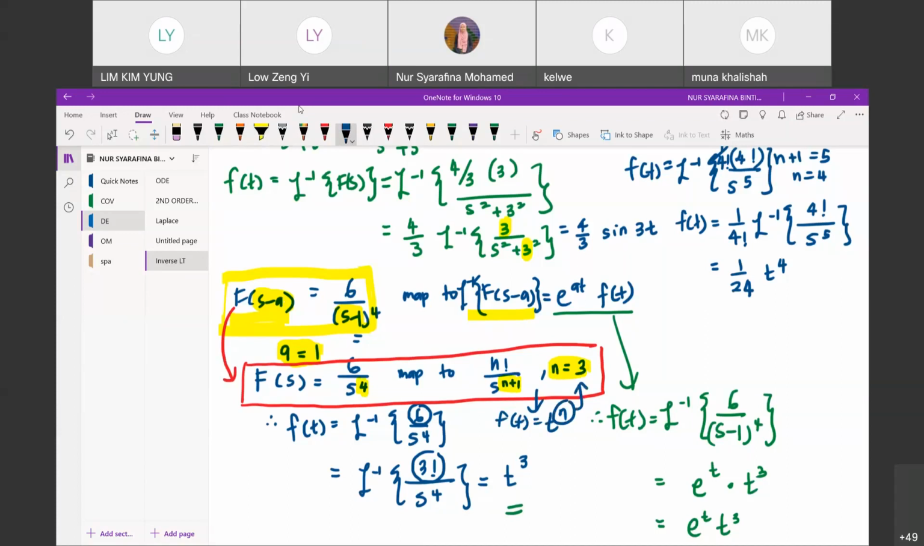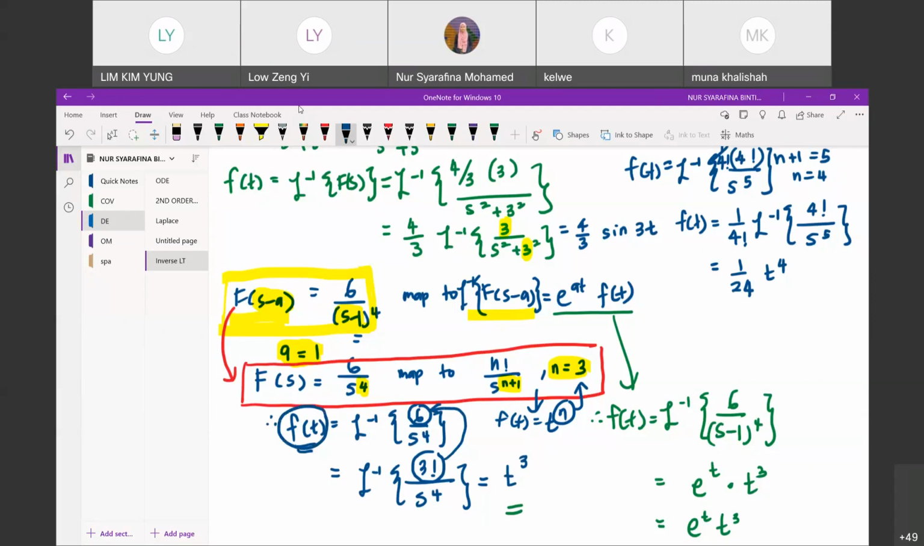So in order to get Ft, we inverse 6 over s to the power of 4, where you know that when n equals 3, s to the power of n plus 1 is s to the power of 4. So here n factorial becomes 3 factorial. And fortunately, 3 factorial is 6, so no need to modify anything. Then inverse transform of 3 factorial over s to the power of 4 is t cubed. So we get